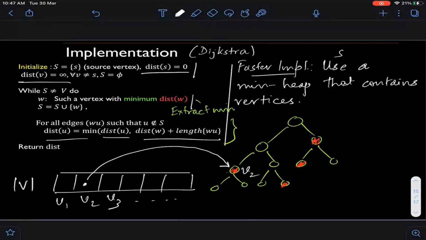So effectively, we are augmenting the heap with an additional bookkeeping, which maintains the address of every possible node in the heap. And this does not take too much space, right? It's only order the number of elements in the heap. Okay. Clear to everyone? So this is how you can carry out all the operations in logarithmic time.